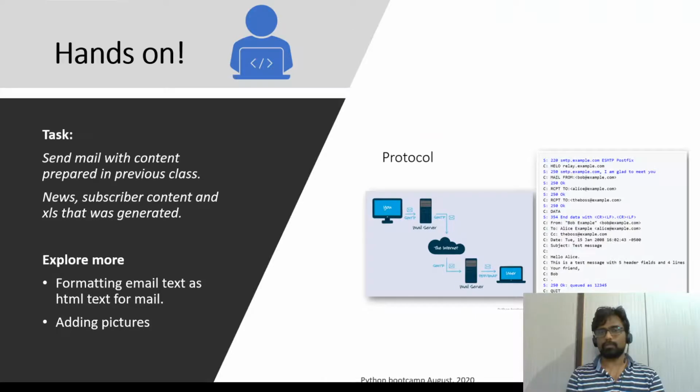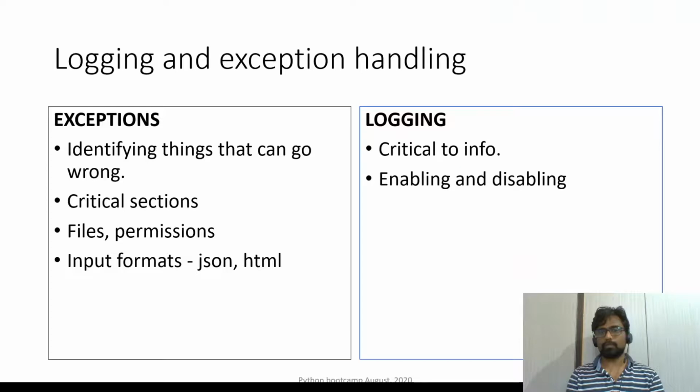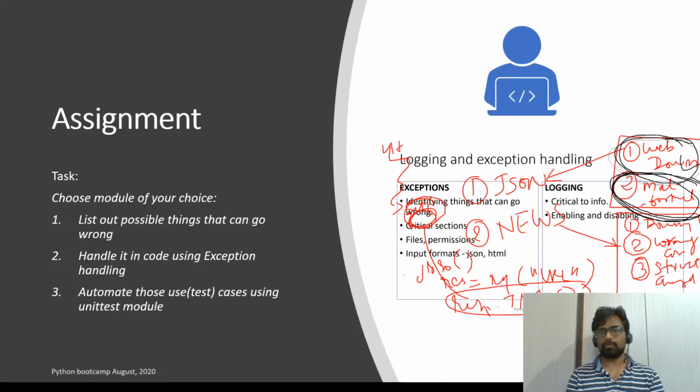And we also revisited the project. So we finished the project here, and then we came here, and I was telling you that whatever we have developed so far is a garage project. Now you need to make it a production quality project. So that is why you need to identify the things that can go wrong, that we did this exercise. I am attaching diagrams in the assignment, so that this comes to your mind.